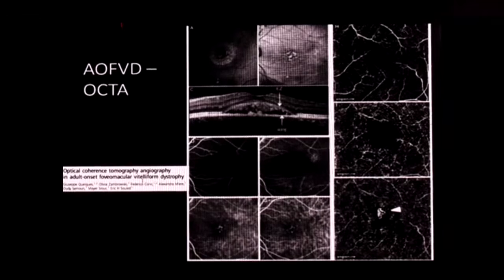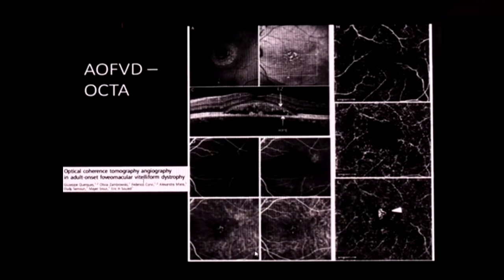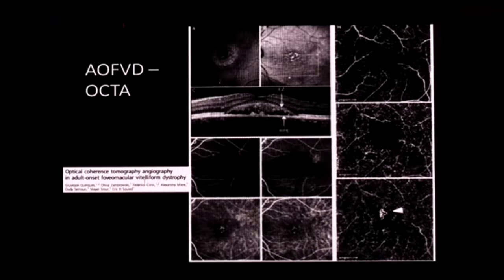OCTA can also be useful as an additional modality, as this particular case highlights, where you have the appearance of the dome-shaped lesion on SD-OCT, and on fluorescein angiography as well as on ICG angiography, there is no convincing evidence of a neovascular membrane. But as you can see on OCT angiography, there is a very clearly defined membrane. So therefore, one can use the entire spectrum of imaging modalities depending upon what you are suspecting after the initial